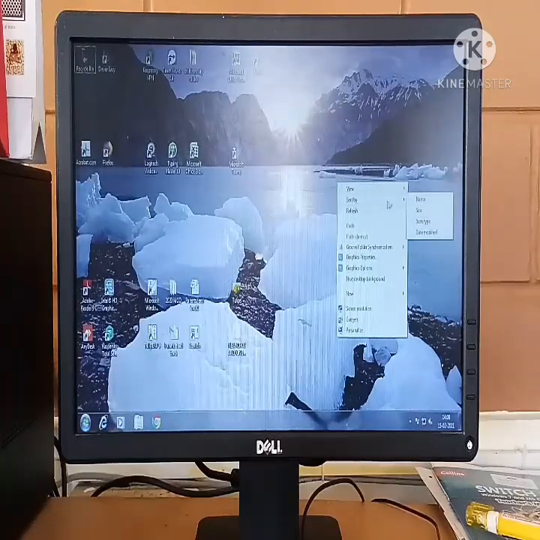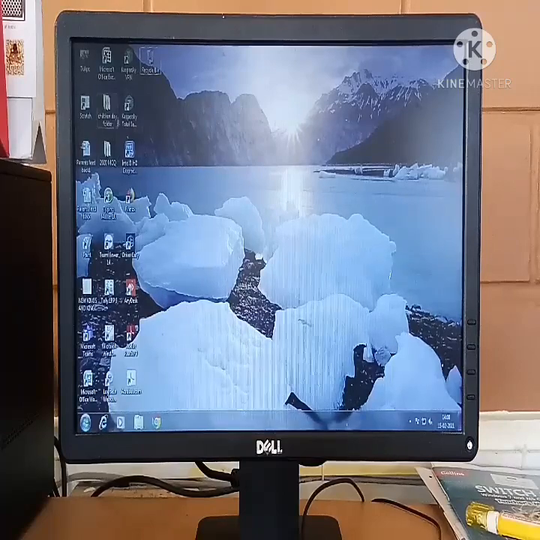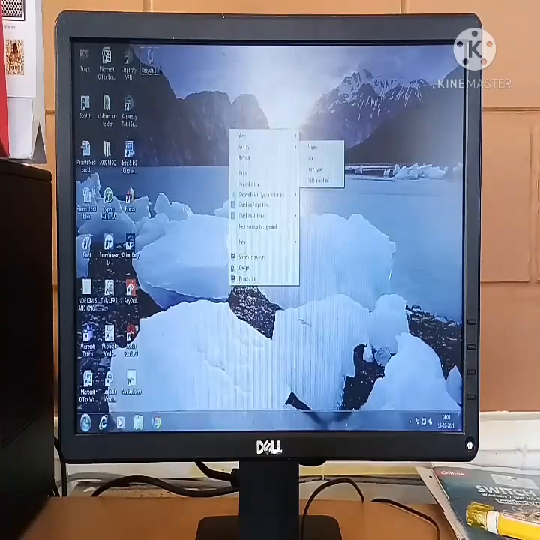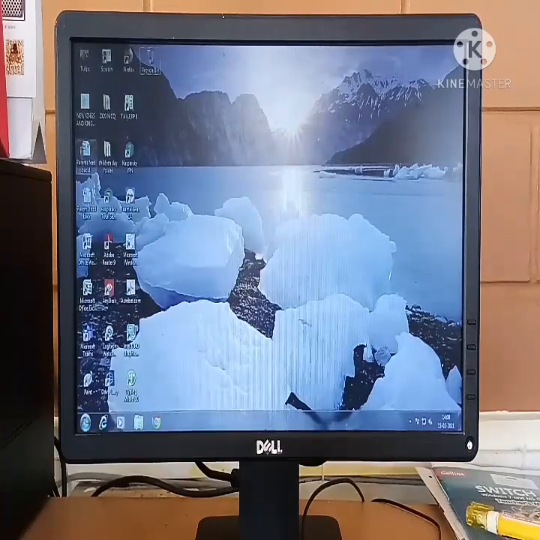Next let me go to sort by, the second option. I'll go to the name option. That means all the icons will get arranged according to the name. Right click again, sort by size means the icons will get arranged according to their size.